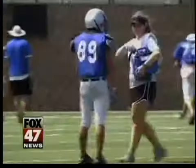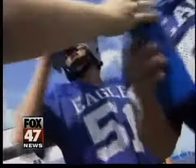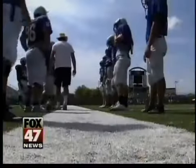The guys have managed to keep cool, they say, thanks to attentive athletic directors. The team of student trainers works hard to have plenty of water, wet towels, and ice on hand. The district says it's a priority during these hot days, even though some of those students have been practicing all